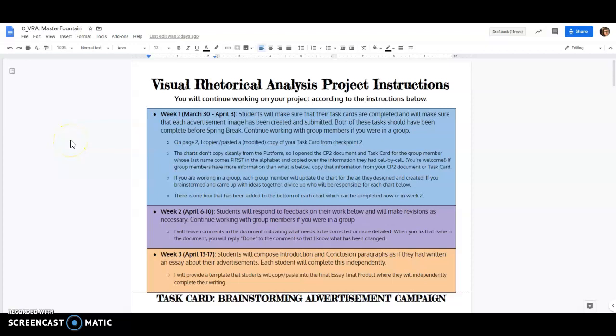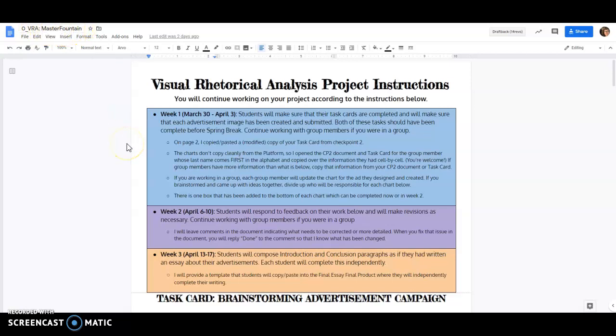Hi, you guys. You should have received an email where I shared a document with you. You can go to your Outlook to check your email to see if the link is there, or you can just go to your Google Drive and go to your Shared with Me folder, and you should have a document from me. The document should have a number, VRA, and then it should have all of the people that were